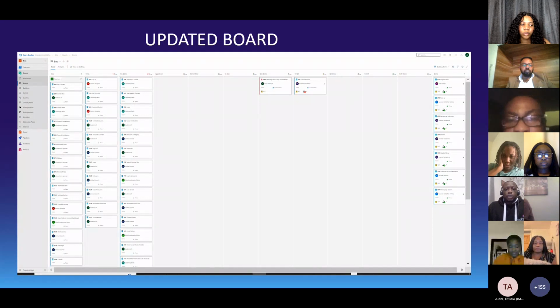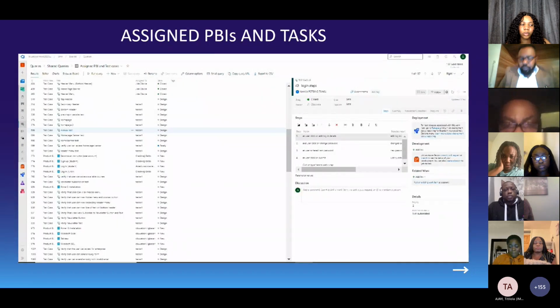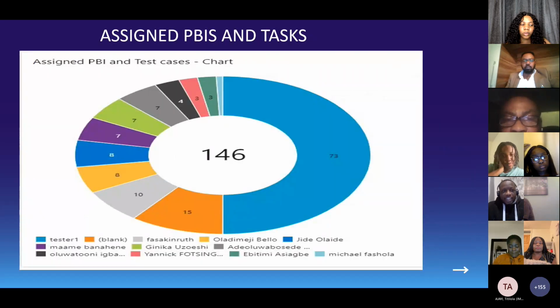This is the updated project board. We committed 5 user stories and were able to complete 4, which have been moved to the done column. This is a chart showing the summary of the number of tasks and PBIs that have been done by each member of the team.